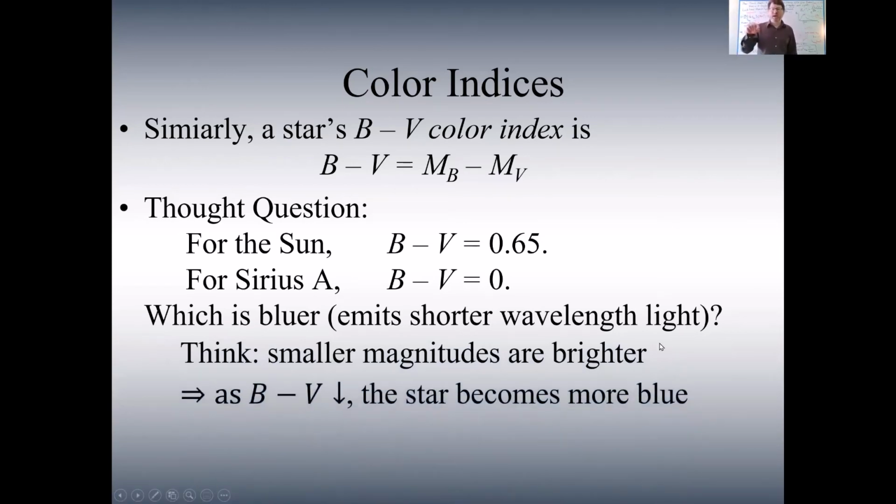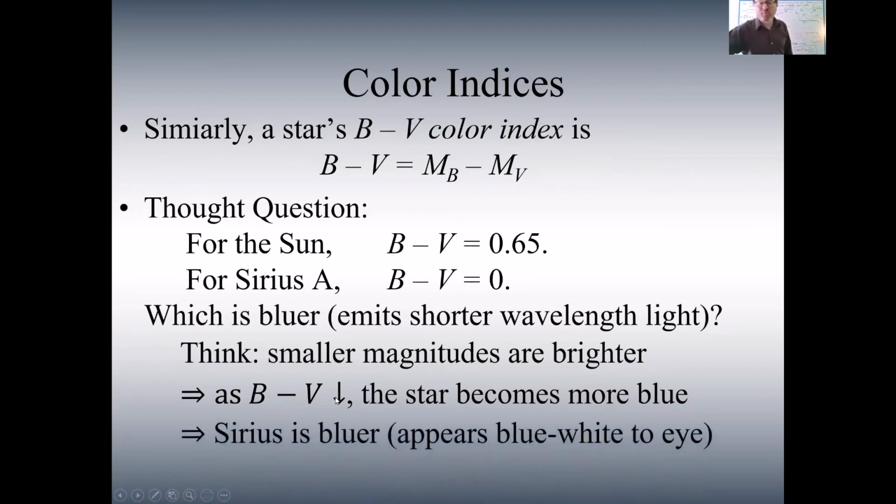So as B minus V goes down, that means the star becomes more blue, because going down means that the B is becoming more and more important. And B is blue, V is visible or visual, right in the middle of the visible wavelength bands. And so if the star is becoming more blue, that means that Sirius is going to be the bluer of